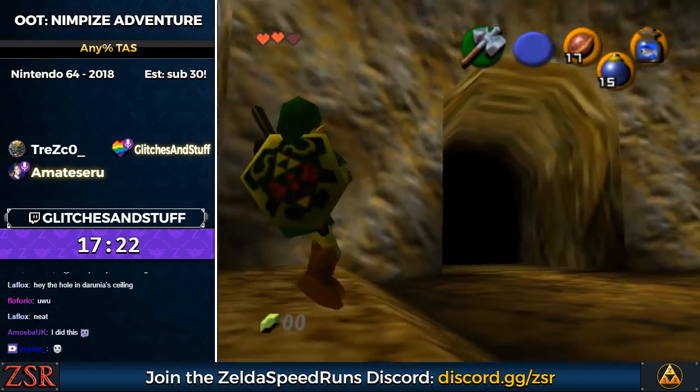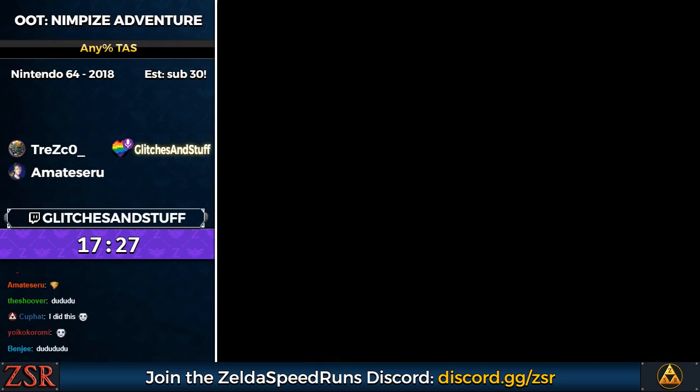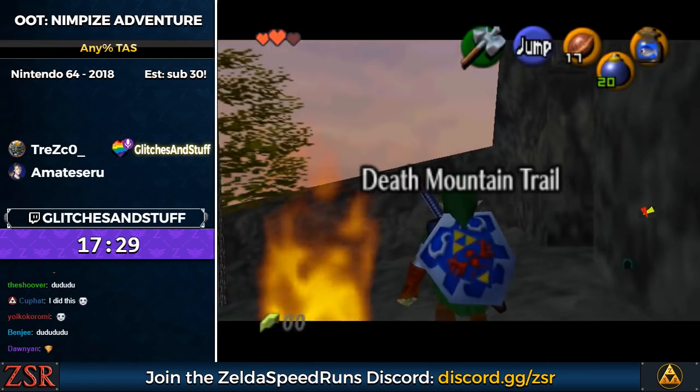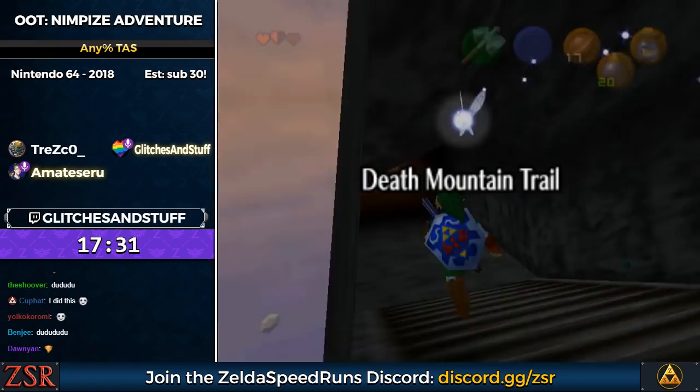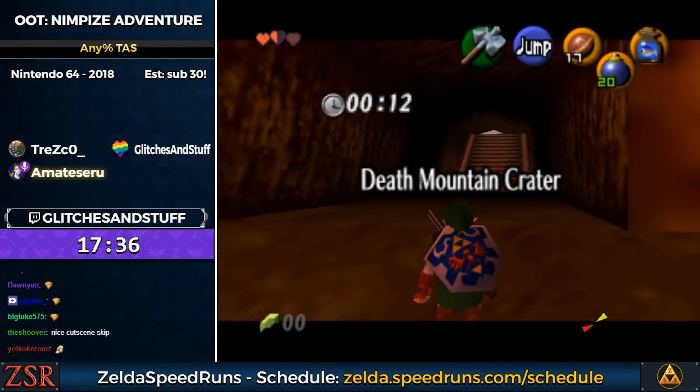Dodongo's Cavern has 3 bomb drops in it, and also I break a wall there to start a cutscene and exit at the same time. Even if you haven't seen the cutscene, the game still thinks it's the last cutscene we've...